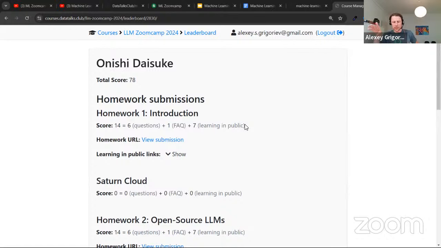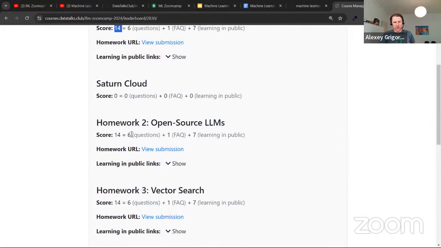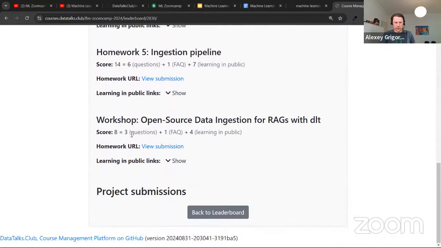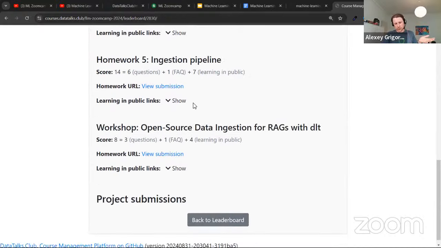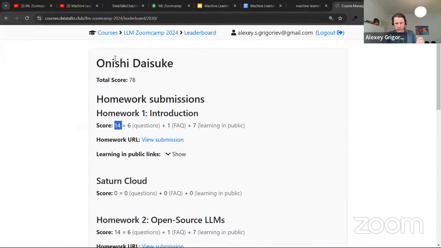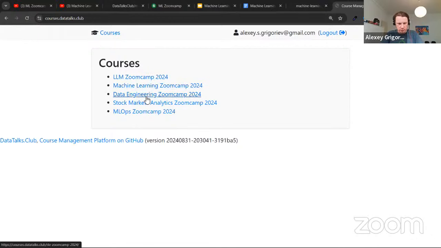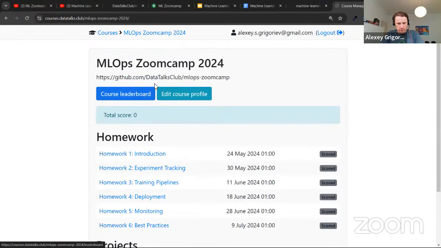I will talk about learning in public right now, but this is typically the maximum score you can get for one module, for one homework. And then we sum across all these points, and this is the score you have on the leaderboard. Of course, there's also, for projects, maybe I'll show you another course, right?